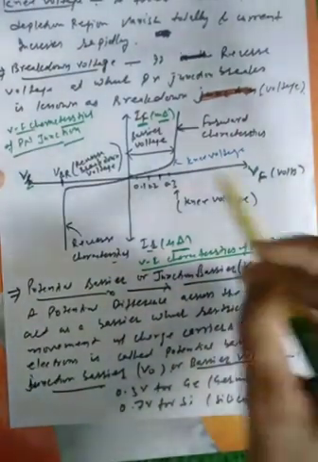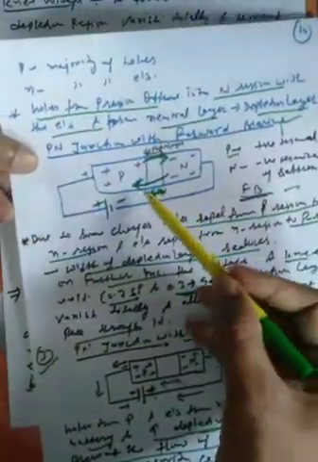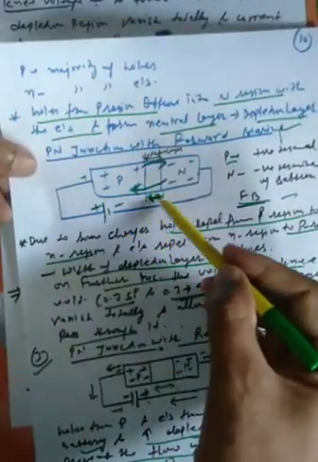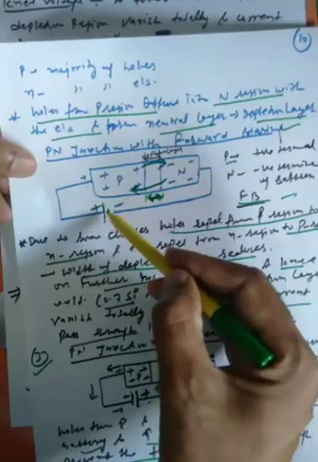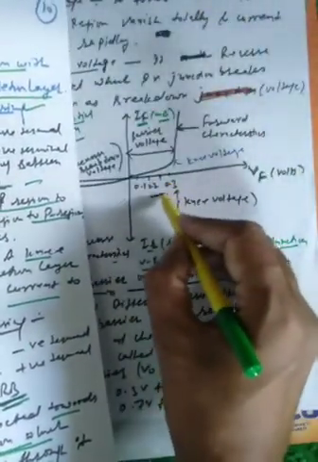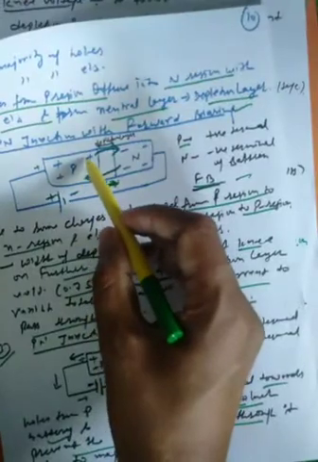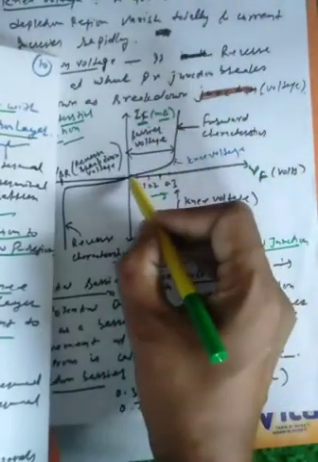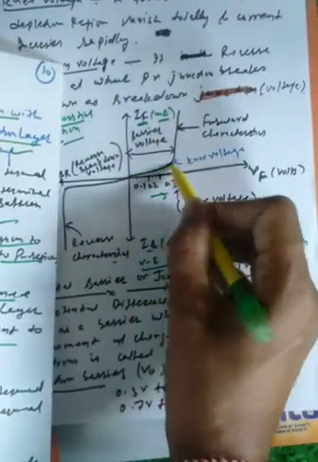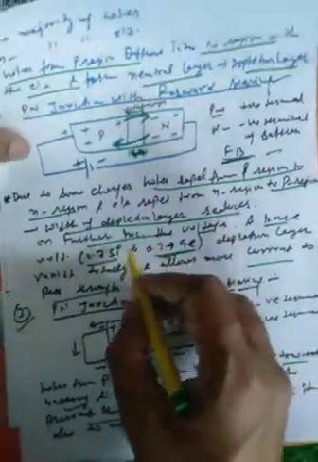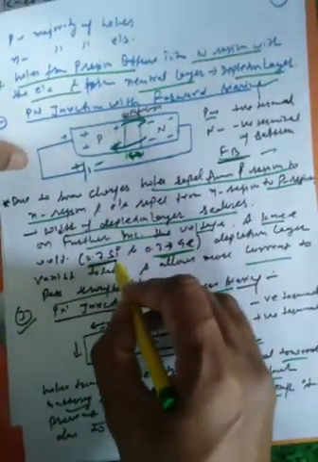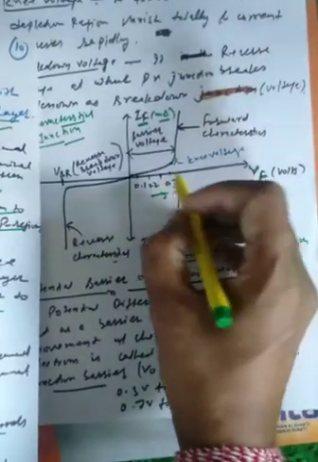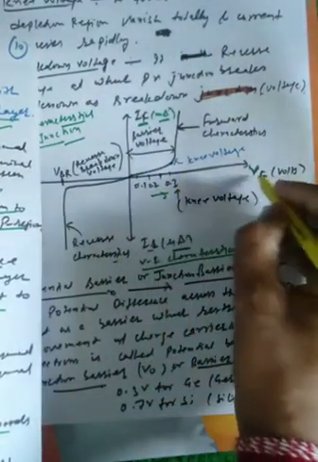Okay, what will happen in the forward biasing mode? You can see this is the forward biasing mode. As we increase the voltage, current will start flowing from the p to the n region. It will be very small in the starting, but when we approach the knee voltage, that is 0.7 in case of silicon and 0.3 in case of germanium. We are taking the case of germanium, okay, 0.1, 0.2 and 0.3, this is in volts.